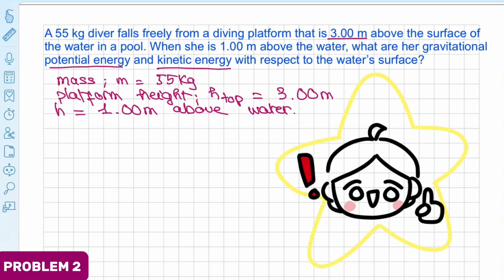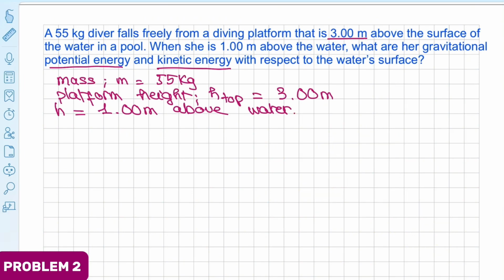Okay, so first we're going to find the potential energy at 1 meter above the water. So PE will be equal to mgh, and mass is 55 kilograms multiplied with gravity 9.8 with the height, since it's 1 meter above the water, is going to be 1, and it will be